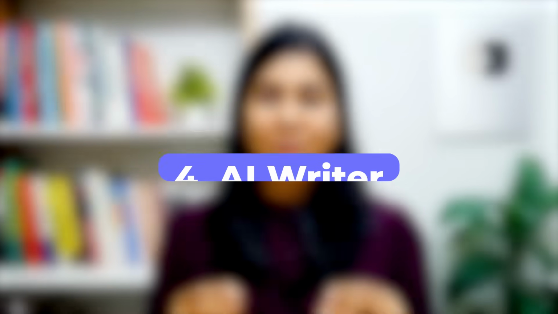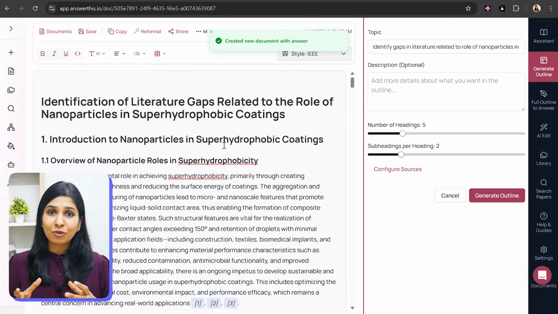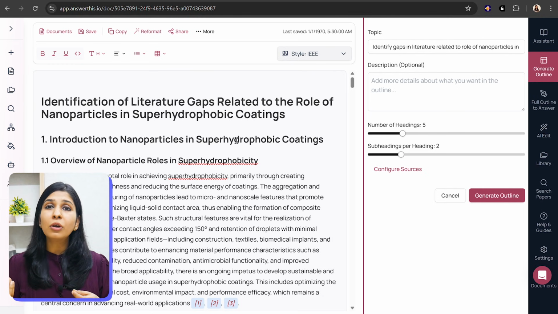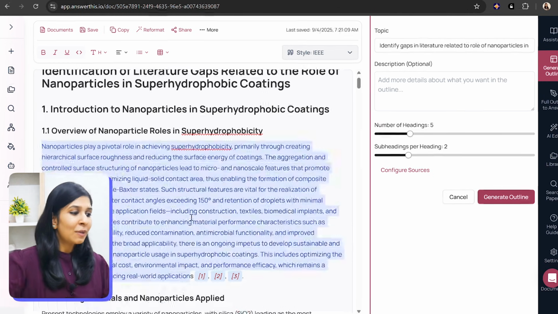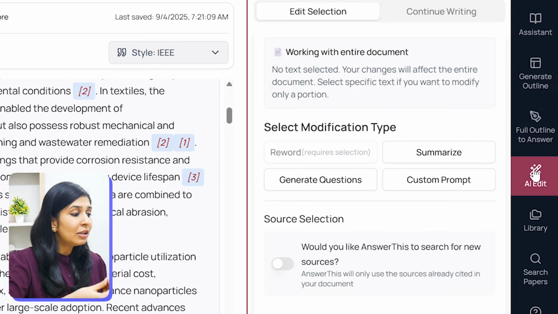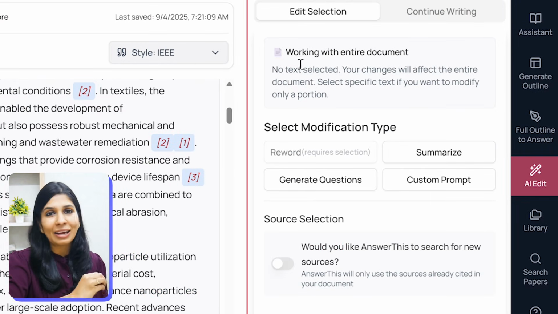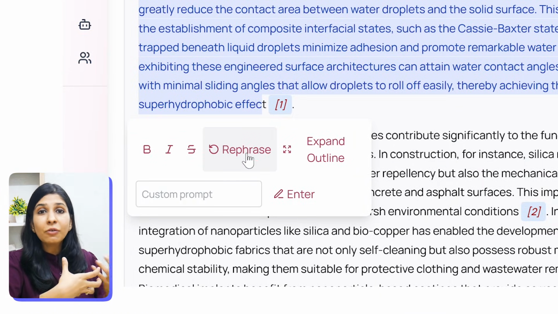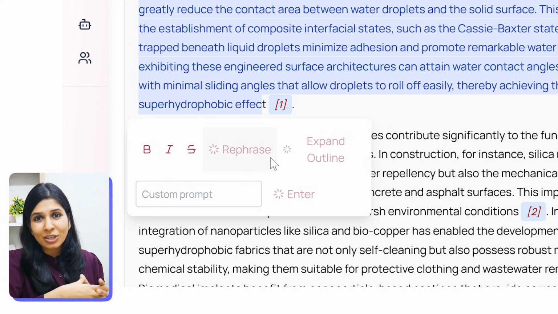Now, the next interesting feature is the AI writer. So once your research proposal or literature review is generated, you can use the AI writer to further polish and structure your draft. You can use it to expand the notes, create outlines, or even write a section in proper academic tone. You can also use the paraphrase tool here to rephrase a complex idea without changing its meaning.